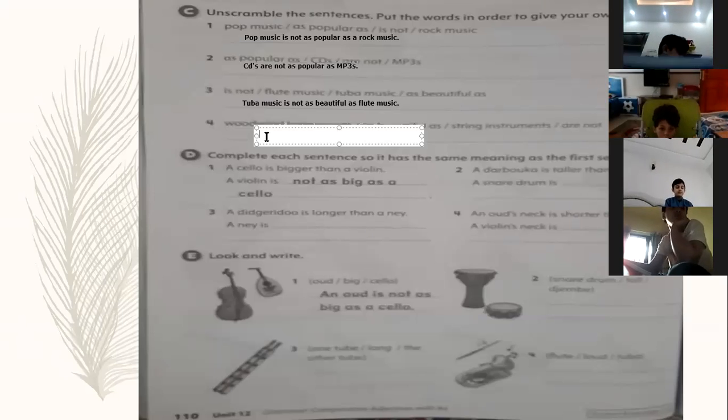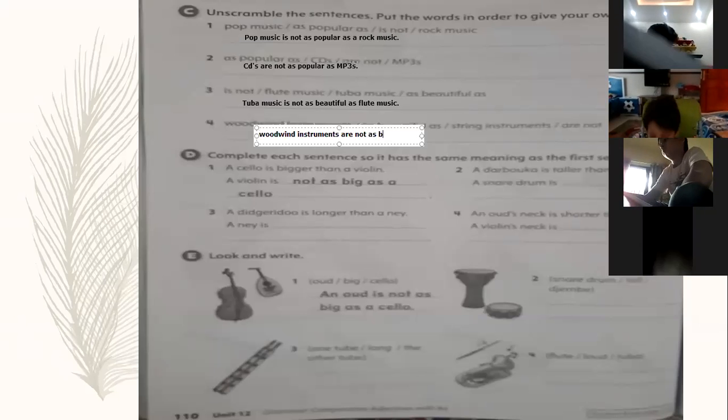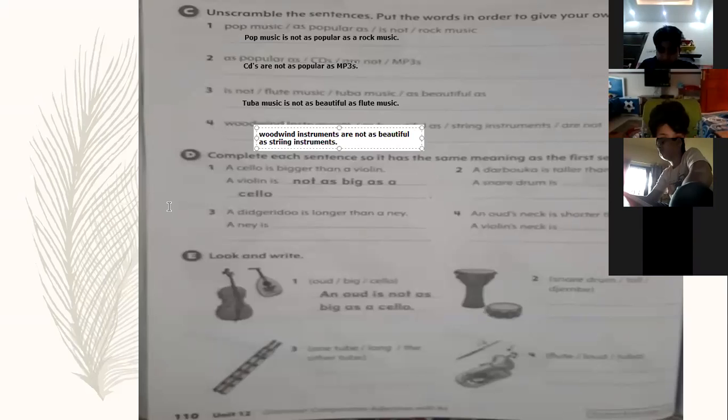So, woodwind instruments are not as beautiful as string instruments. Okay, so class,